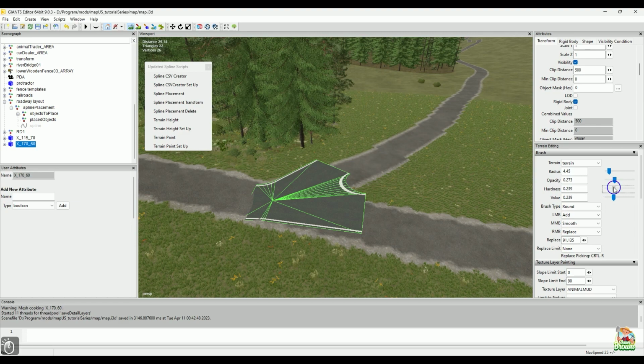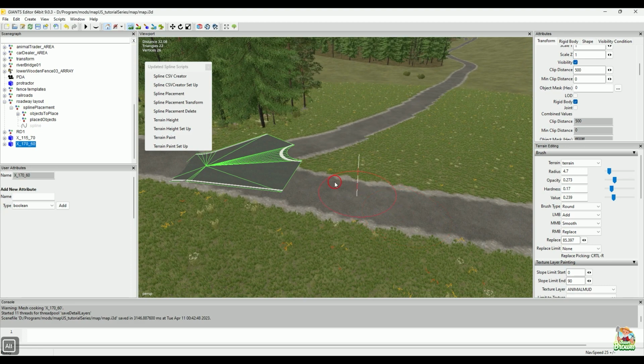Maybe hardness I didn't need to turn up, but we'll turn them up just a little bit so it's not taking us all day to do this. Now we're going to hit Control R and sample the area where we want that to be. The reason I kept this flush at the top is so as I come down this road, I don't have that hard bump where I have a dip. I'm going to have to try and smooth out this area on this side